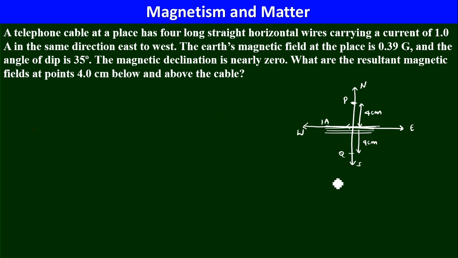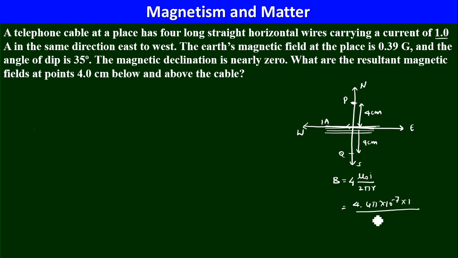The magnetic field in that location will be, for a single wire where current is I and it is an infinitely long wire, B equals mu naught I by 2 pi r. Now you are having four such wires, that's why you'll have four such magnetic fields in these locations. So therefore 4 into mu naught, which is 4 pi into 10 power minus 7, and the current here is 1 ampere.